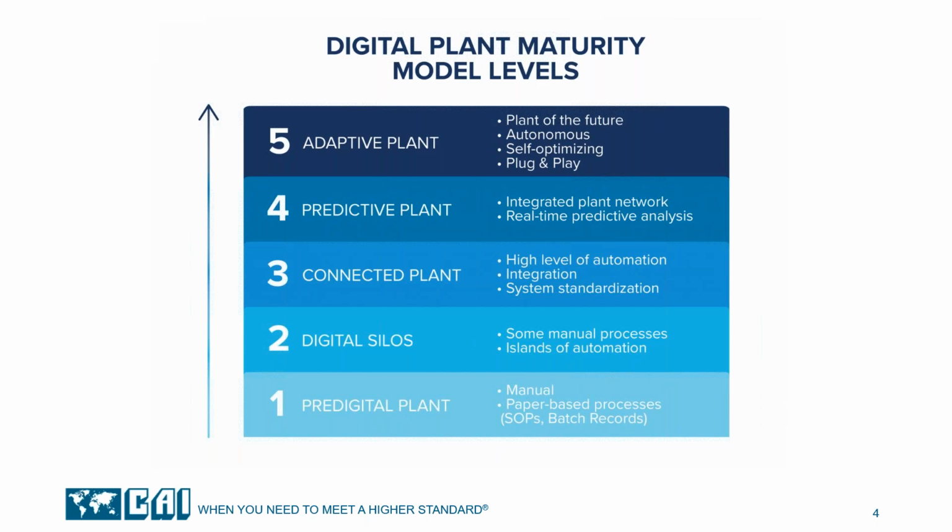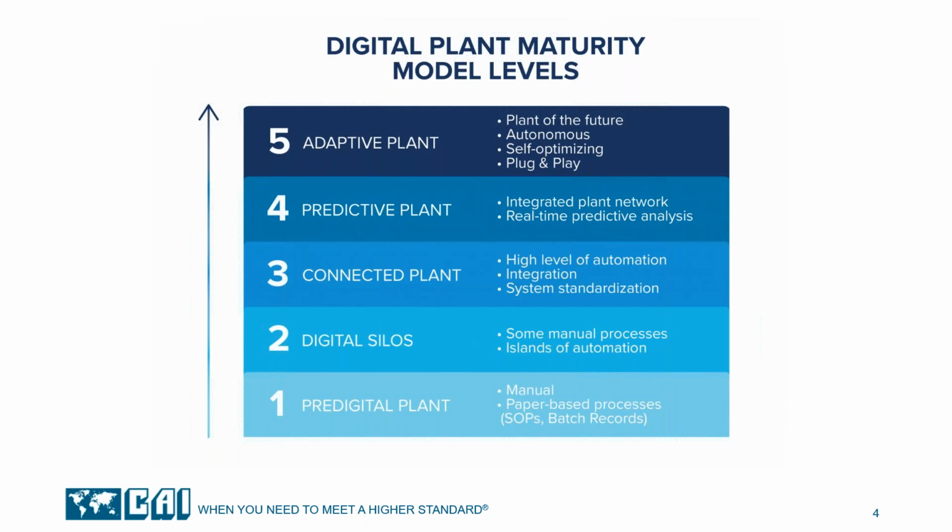Level 4 is our predictive plant. This is a complete integrated plant network. Systems talk to systems, equipment talks to equipment, control systems talk to control systems, business systems talk to operational systems. There's also this concept in here of real-time predictive analysis, and I think this is one of those areas where facility and asset management actually works really well. We've been playing with the IoT, or industrial Internet of Things, for quite some time in the sense of vibration probes and temperature probes and those pieces that are becoming kind of standard design in equipment today.